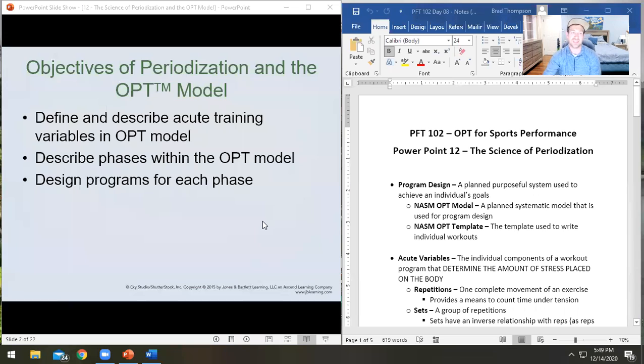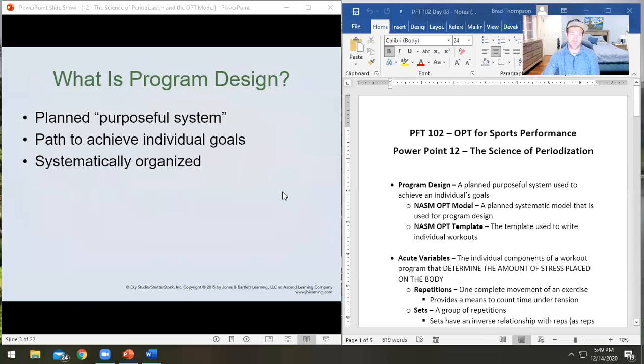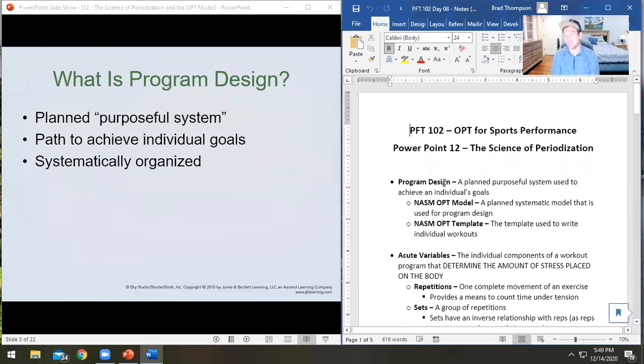But what we're going to be looking at today, we want to be able to describe and define what acute variables are and understand how they work. Describe which phases they're going to go into, and then be able to write programs for each of them. So when we talk about program design, we are always talking about this idea of a purposeful system, which